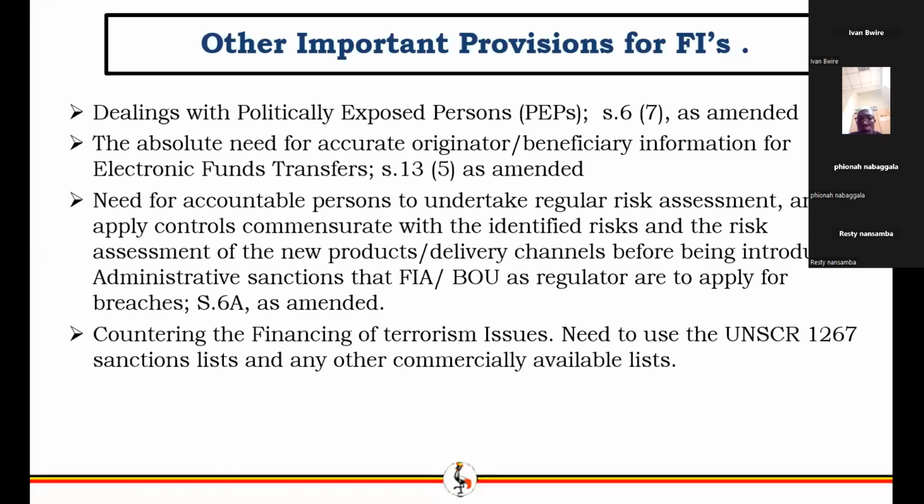So those are the indicators of risk that you need to rely on to come to a conclusion that if it's highly cash intensive, then it's high risk. If it's not, then it's low risk. If it allows anonymous use, if it allows use by any agent, then it's high risk. If it does not, then it's low risk. So that's what we mean by a product risk assessment. And you're supposed to provide that report to FIA.